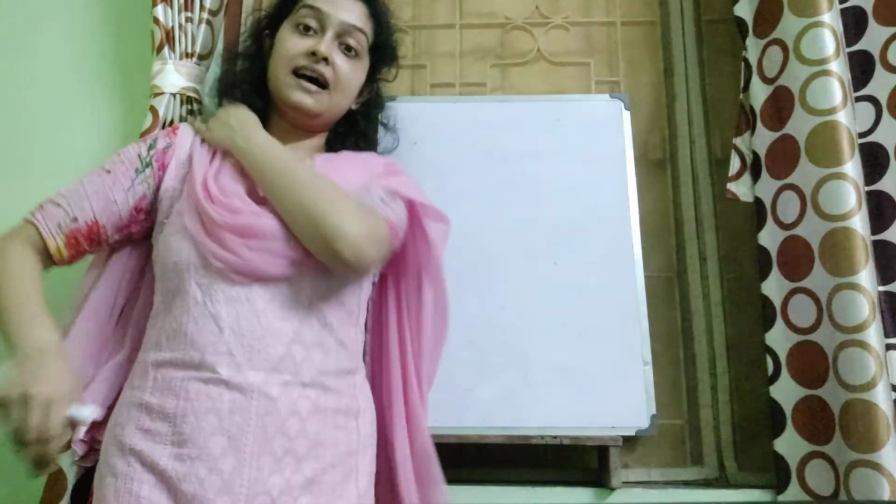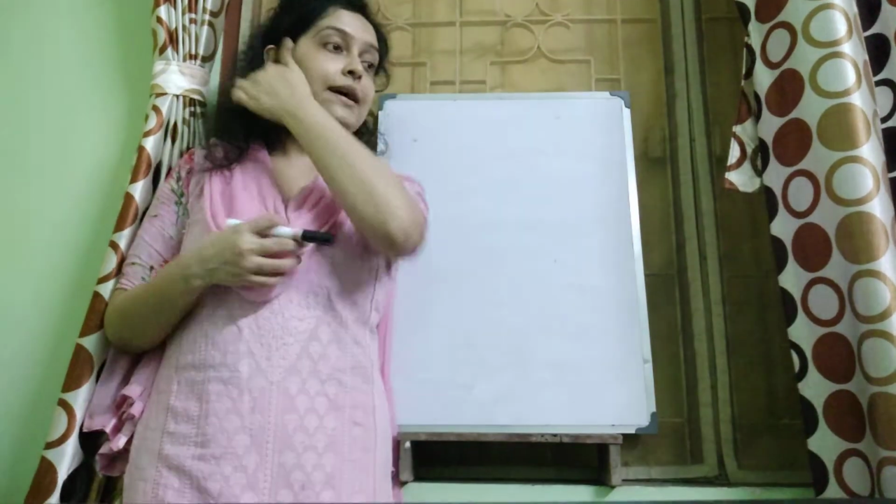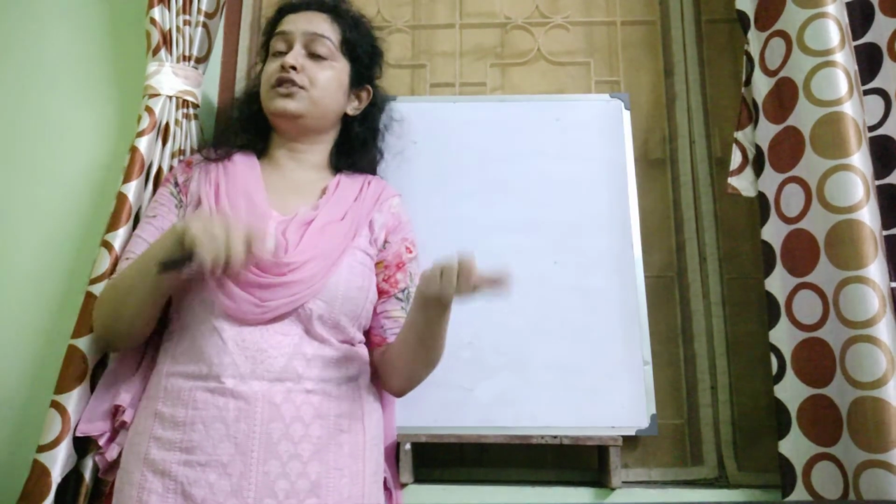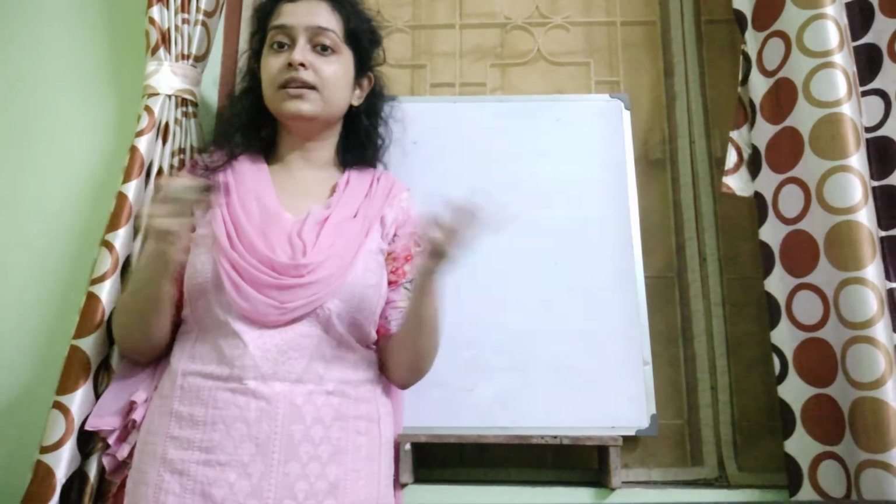Okay? So go through the chapter. If you find any difficulty, please ask me, because I'll give you a few circuit diagrams. I'll ask you to identify the different components. Now I'll ask you which one is closed, which one is open, whether the bulb will glow or not. Some interesting questions we'll do. I'll give you as homework. So for that you need to go through the chapter. If any difficulty, ask me.